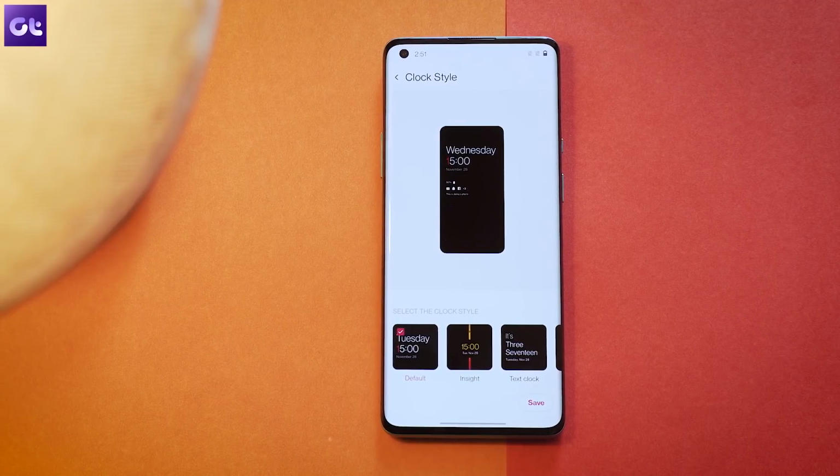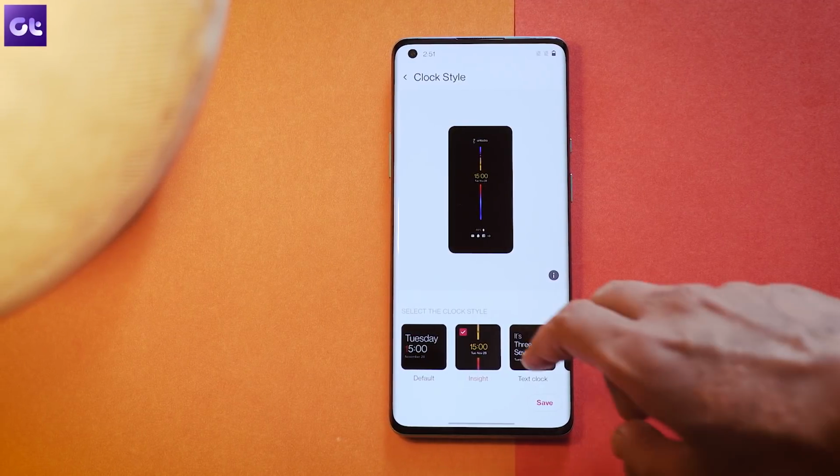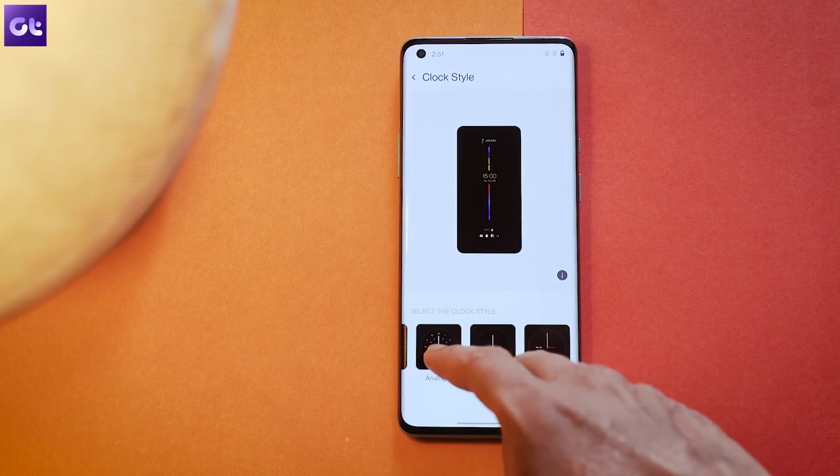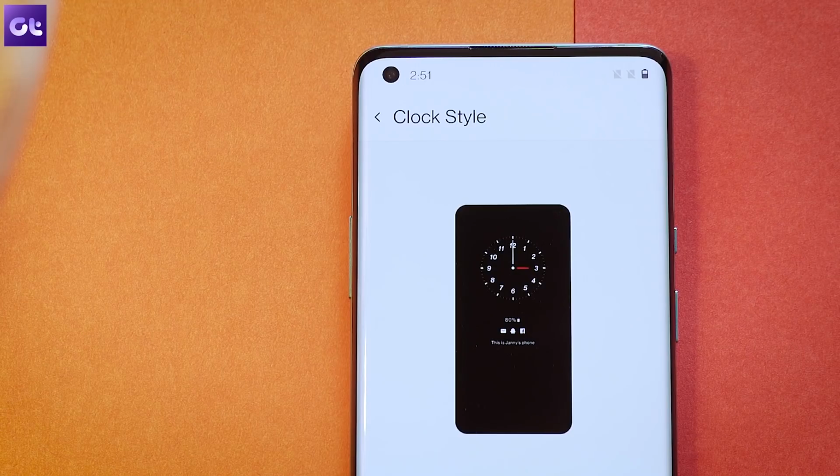Now, my only problem with this always on display has been the fact that, well, it's not too bright. I know always on displays won't be as bright as your normal brightness, but still, the overall brightness offered here is not that good. And add to that, the fact that it's been draining my battery quite heavily, despite it not being that bright. So yeah, it just all does not feel that good to me.